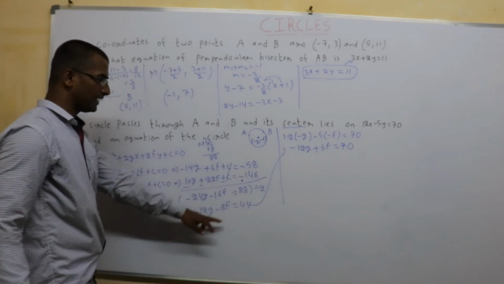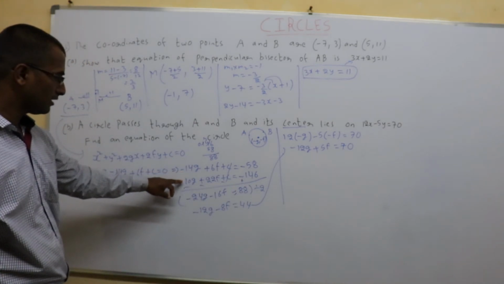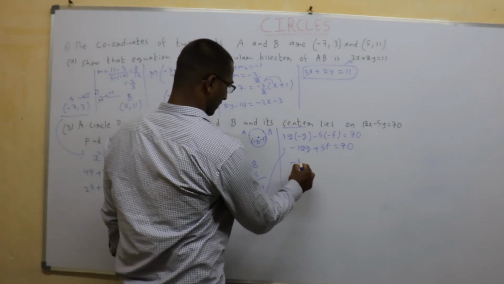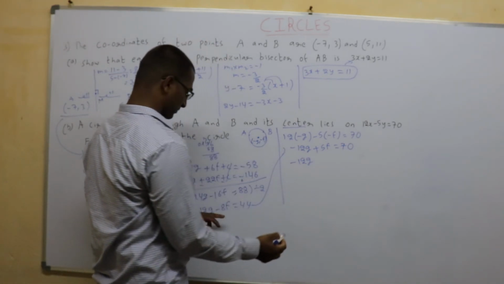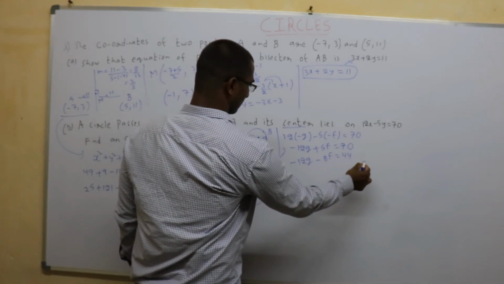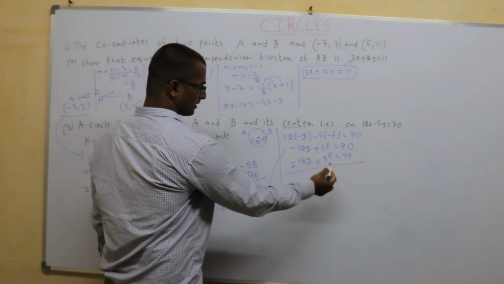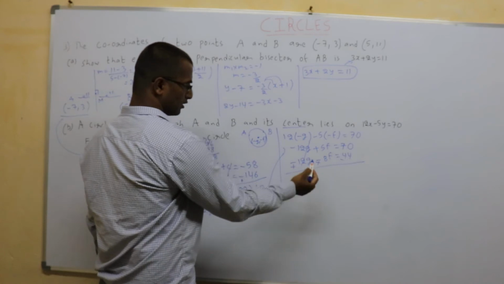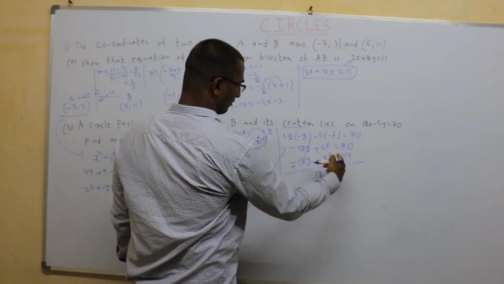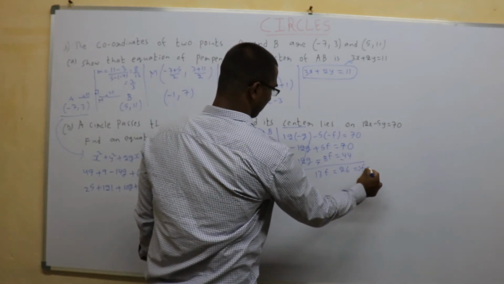Now if I solve these two, I get g and f. Place those g and f in this or in this to get c. So I place it here now. Minus 12g minus 8f equal to 44. So I need to change the signs to cancel them out. So these two are gone. Now 5 plus 8 is 13f. 70 minus 44 is 26. That implies f equal to 2.